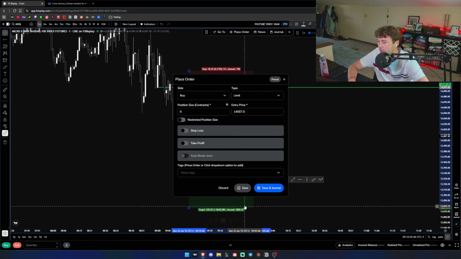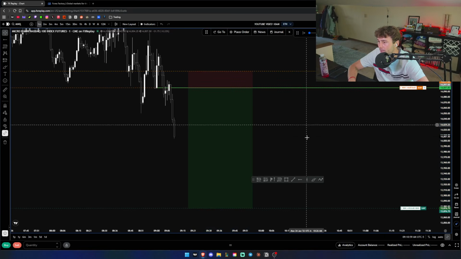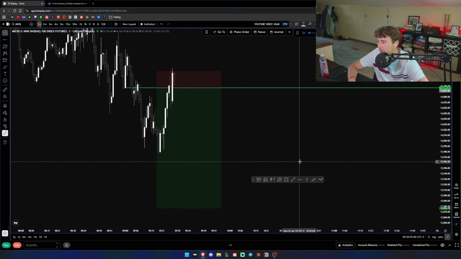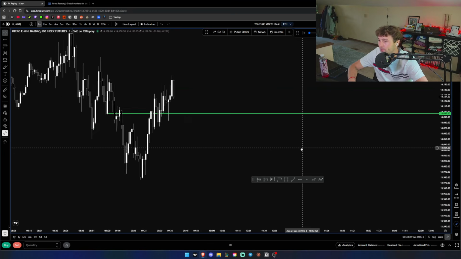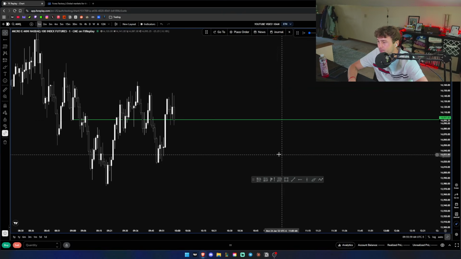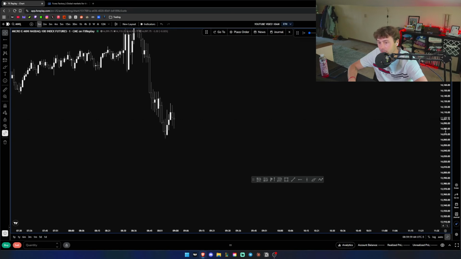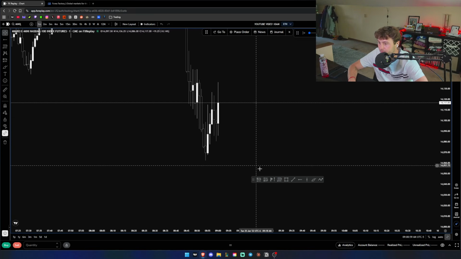Definitely not taking a 1 to 7 here, but firing the entry and then we get straight stopped out. This shit is so annoying whenever that happens. But that should be happening, you know what I mean? Chopping around 10 AM. Not interested in that. We'll do 2 more trades here, and we'll review where we're at.